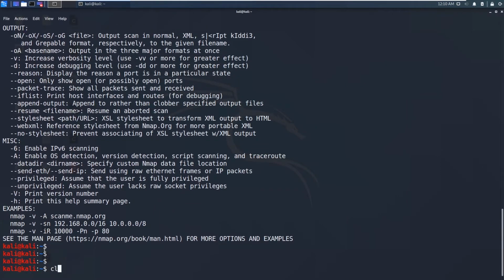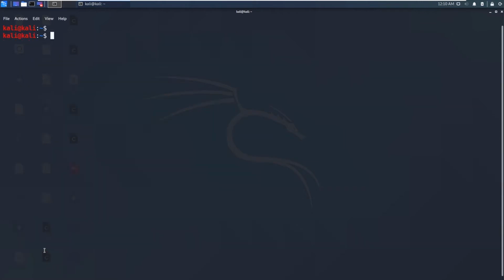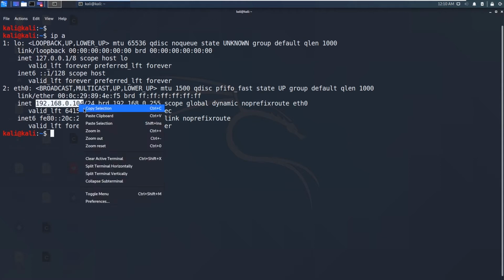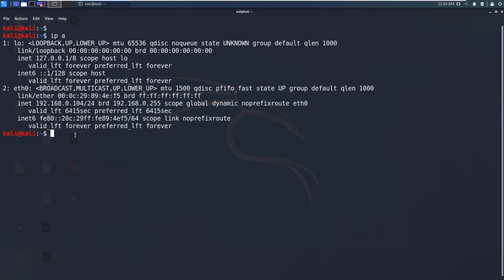And now we are going to see our IP address using the ip a command. Now we have got this IP address. Let me copy this. Now what I will do is I will say nmap -v. -v stands for verbose to see what's happening when Nmap is running.